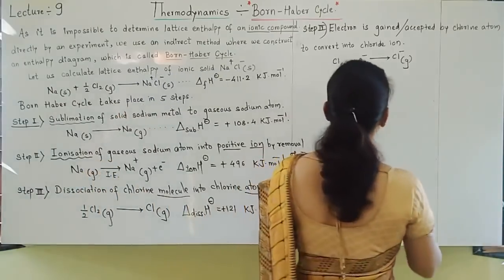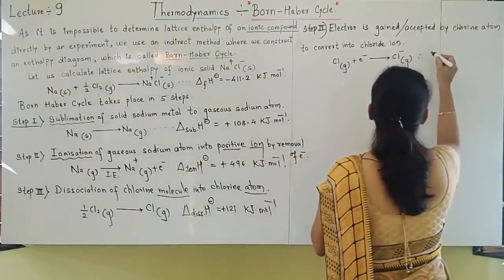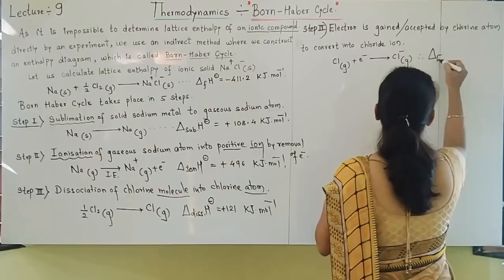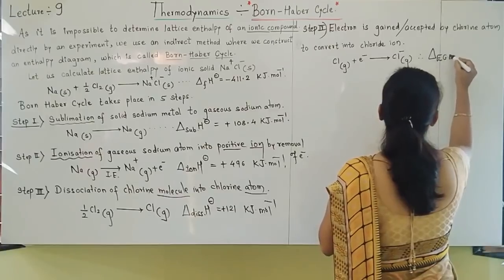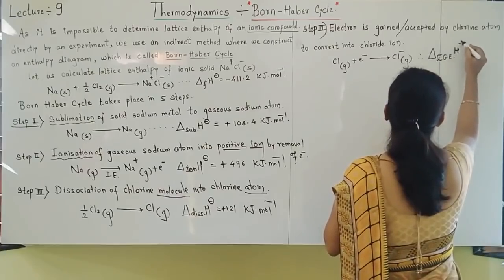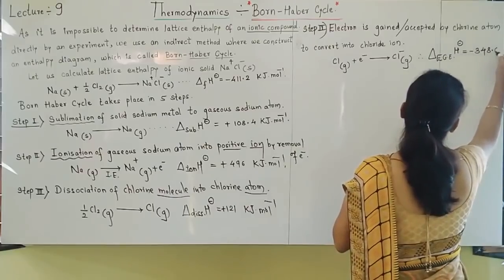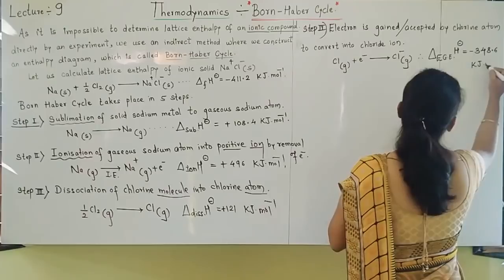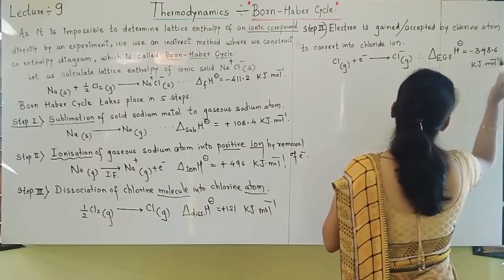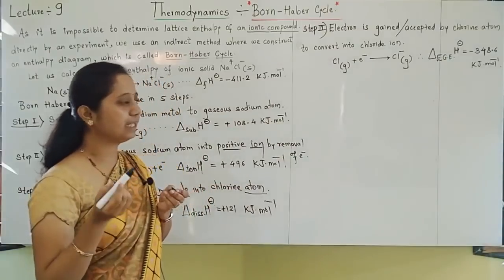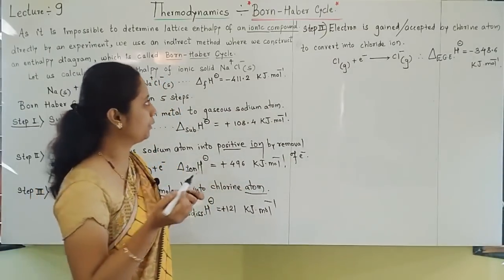Okay. So what should I write as the value? Which is this electron gain enthalpy. So I am writing EGE, electron gain enthalpy value for chlorine. You must write the unit kilojoule per mole. Okay. Why negative value, understood? Because electron gain enthalpy is always negative.